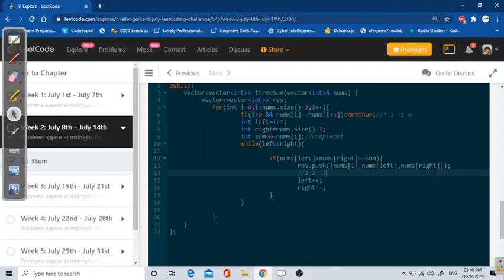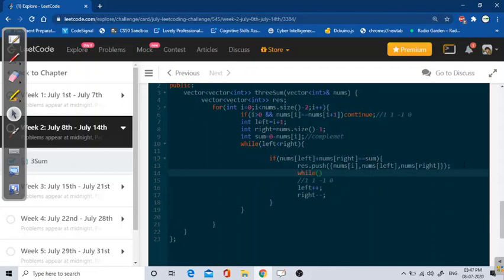1, 1, -1, 0. So if my left has this 1, and again I increase my left value to left plus 1, I get the same value. So I don't have to compute this again. For that, I will directly increase my left from here to here and ignore this. I'll use a while loop for increasing that.